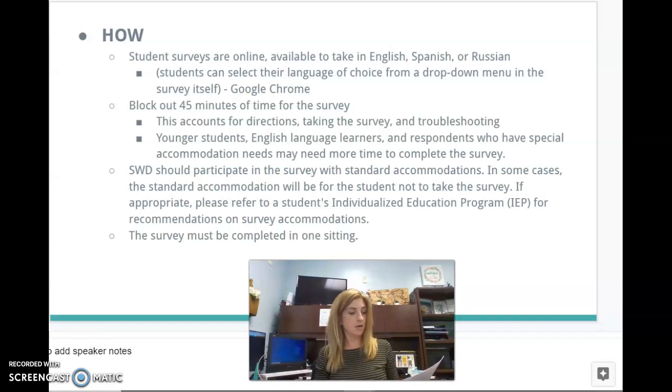All right, so if you look at your "please instruct your students," it says enter the URL in the web browser. If you're pushing it out a different way, you're going to have to change that in the script. There's the part about the English, Spanish, etc. And again, these are completed in one sitting, don't exit before you're finished. And again, if it was me in my classroom, I would be having the students raise their hand. I would be coming over and ensuring that they finish before they submit.